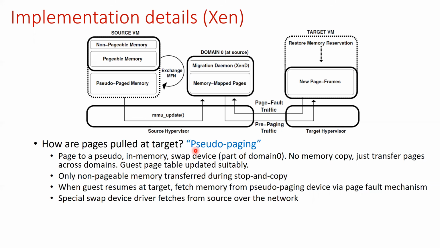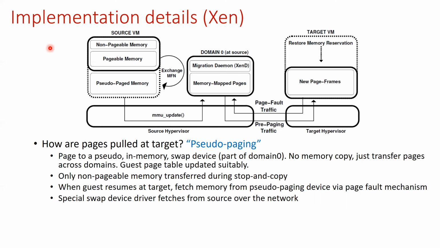This paper describes an implementation that is called pseudo paging. So what is pseudo paging? Initially, at the source VM, before your migration starts, you're going to pretend like you have very little physical memory. In general, for an operating system with very few physical frames, a lot of the virtual pages will be in the swap space on some paging device on disk. You put all your pages on disk, and as and when needed, you bring them into the little bit of memory that you have. So you will try to emulate a similar scenario here.